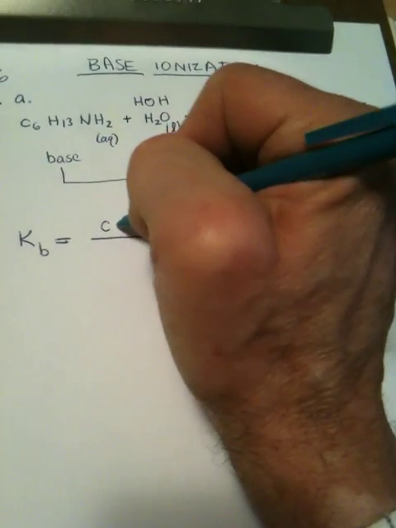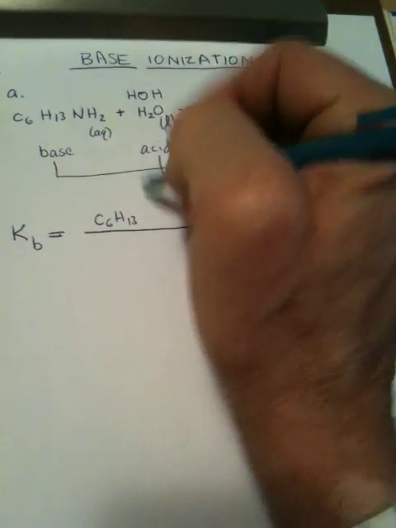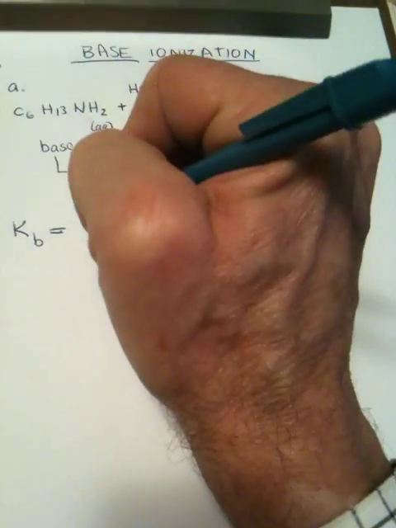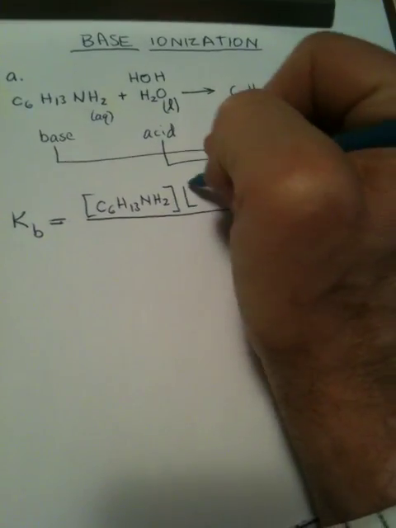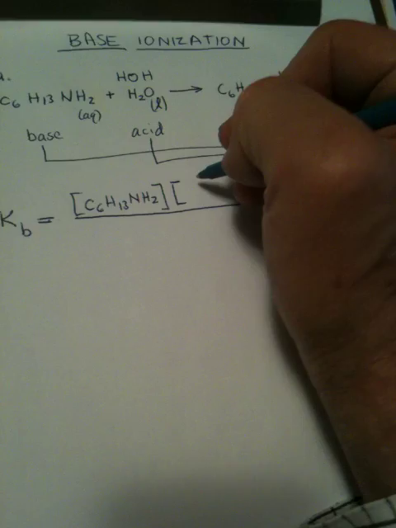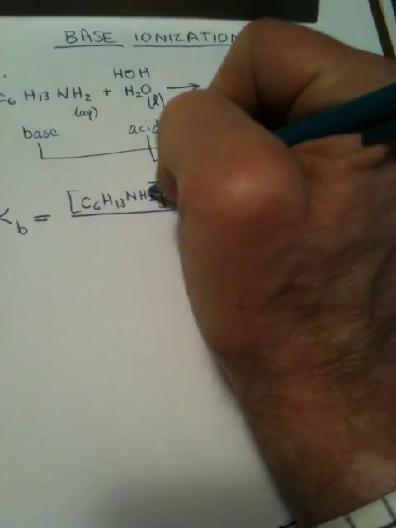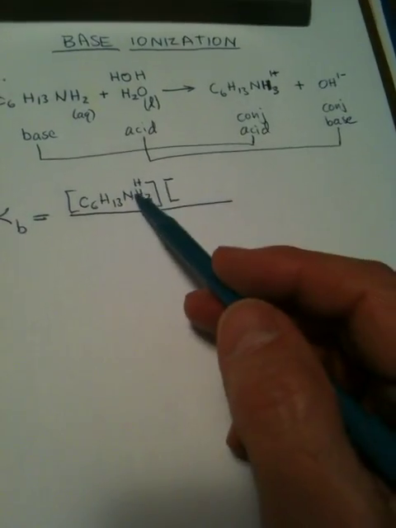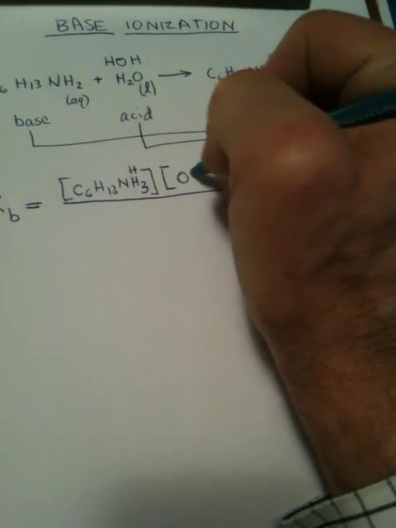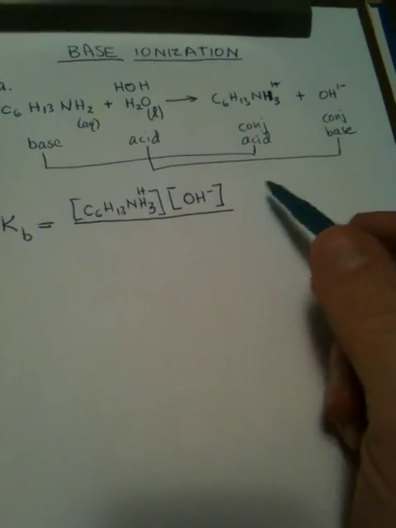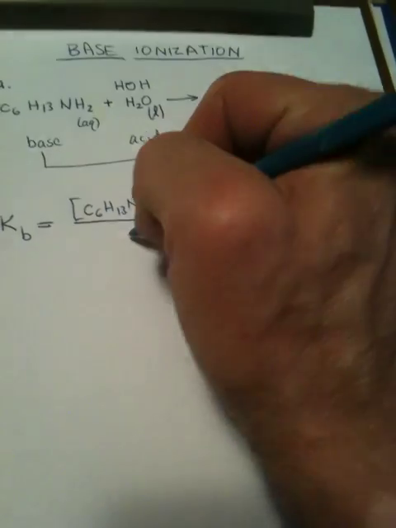So we're going to put our C6H13NH2 in brackets to represent the concentration, and this is going to be an H3 and a 1 plus. We're putting this guy, because he's a product, into here. So that's our first product. Our second product is the hydroxide ion, 1 minus,